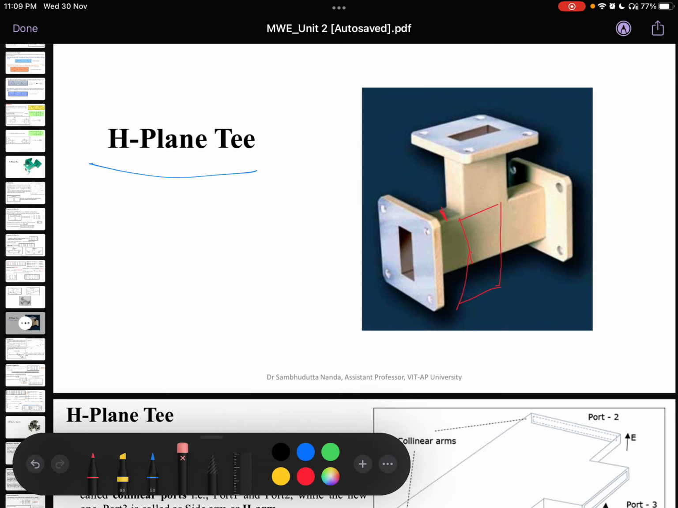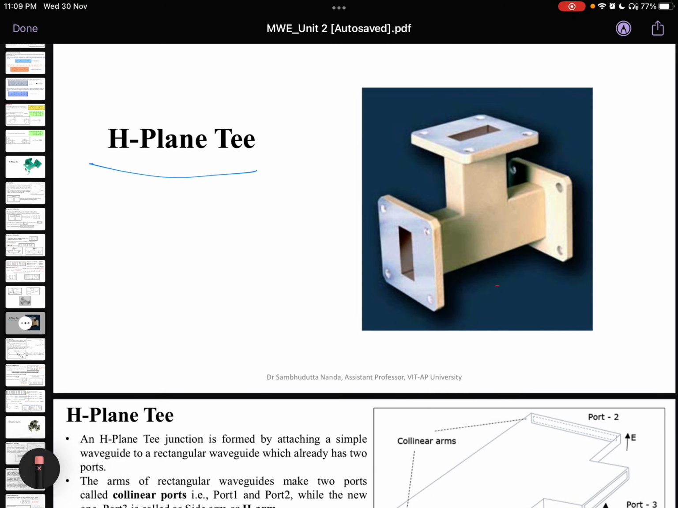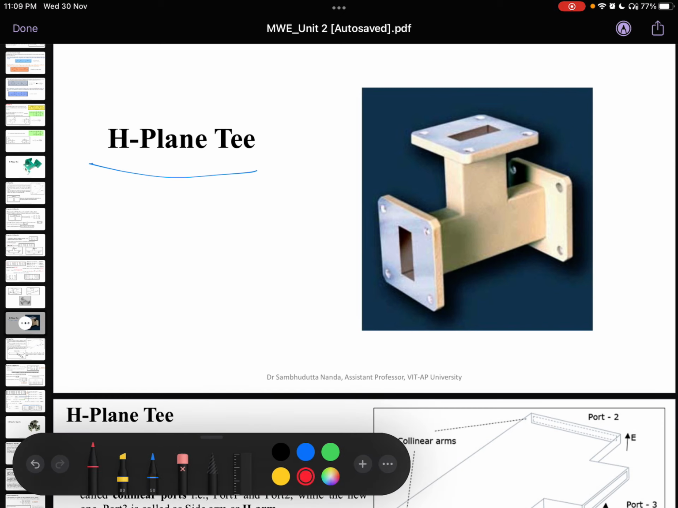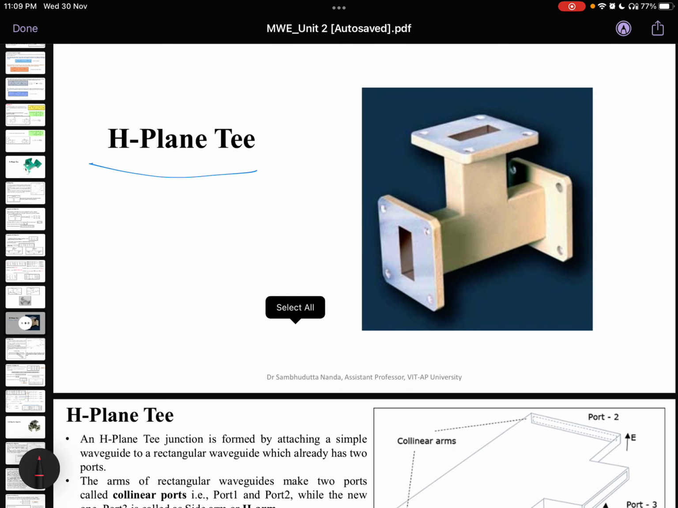Now in the H-plane Tee, what is the difference? Why is it called the H-plane Tee? Let us understand that first. In the H-plane Tee, what happens? How will the E field be? The E field will be oriented like this. Okay, and since the E field is like this, the H field will be along this line. So along this H line the arm is connected, and that is why it is called the H